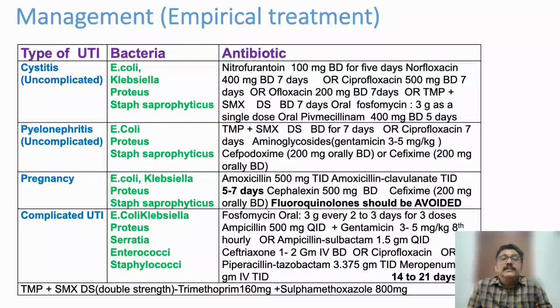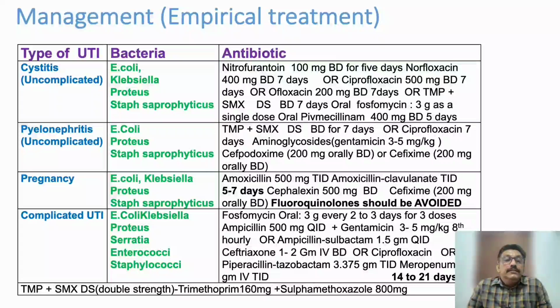It has got some gastritis. Then Bactrim DS, that is trimethoprim sulfamethoxazole, can be given. Bactrim DS is one of the common brand names, or Septran DS. It can be given BD for 7 days. Fosfomycin is an old drug, but recently it has gained some importance in urinary tract infection treatment. Fosfomycin 3 gram as a single dose, that is very important. Fosfomycin 3 gram as a single dose in uncomplicated cystitis can be given.